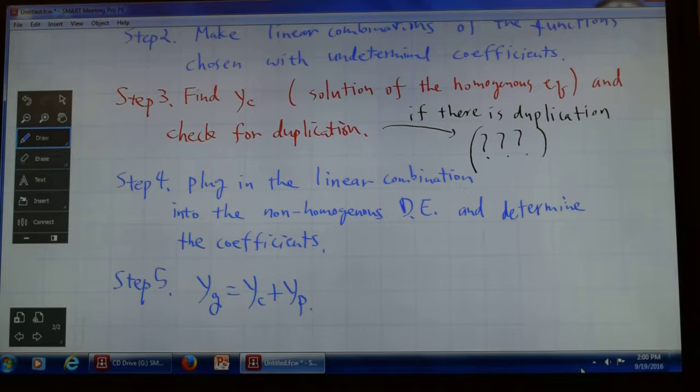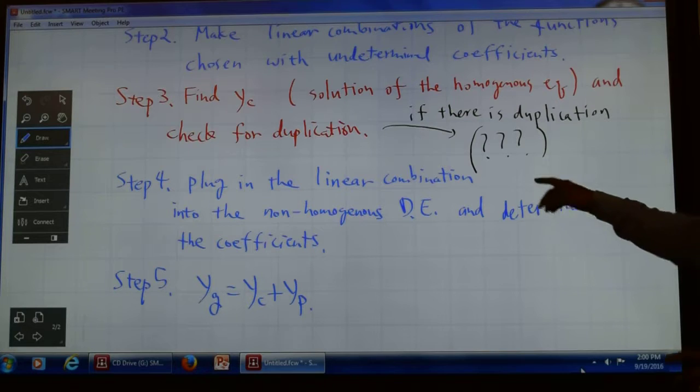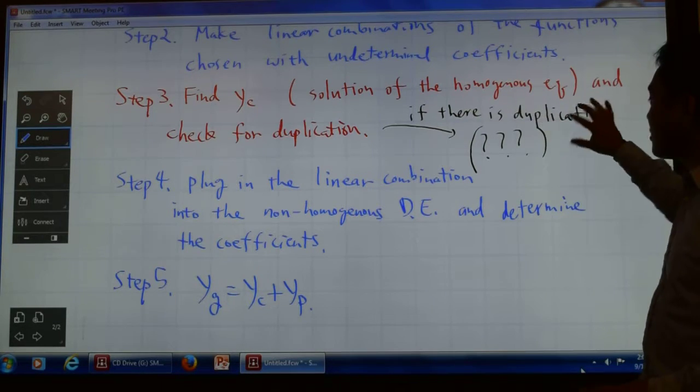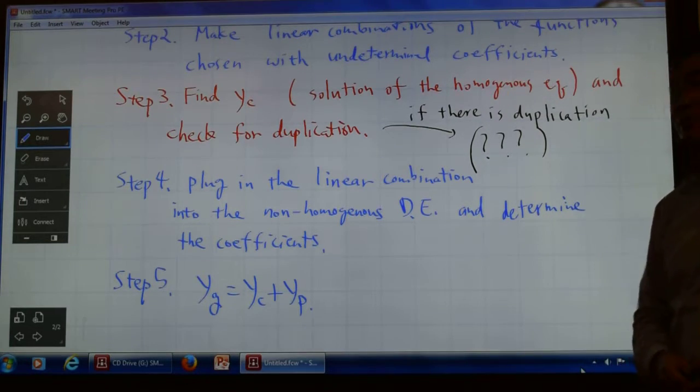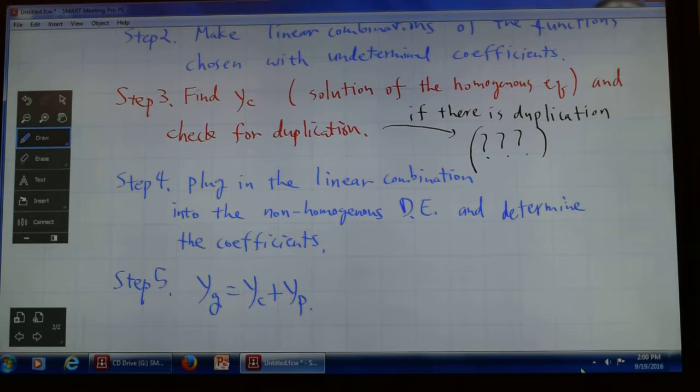You have a question? So we only do step 4 and step 5 if there's no duplication. Yeah, if there's a duplication, there's something extra that you do, but then you come back to 4 and 5. Yes. You have a question? Does this only work with trig functions? No,